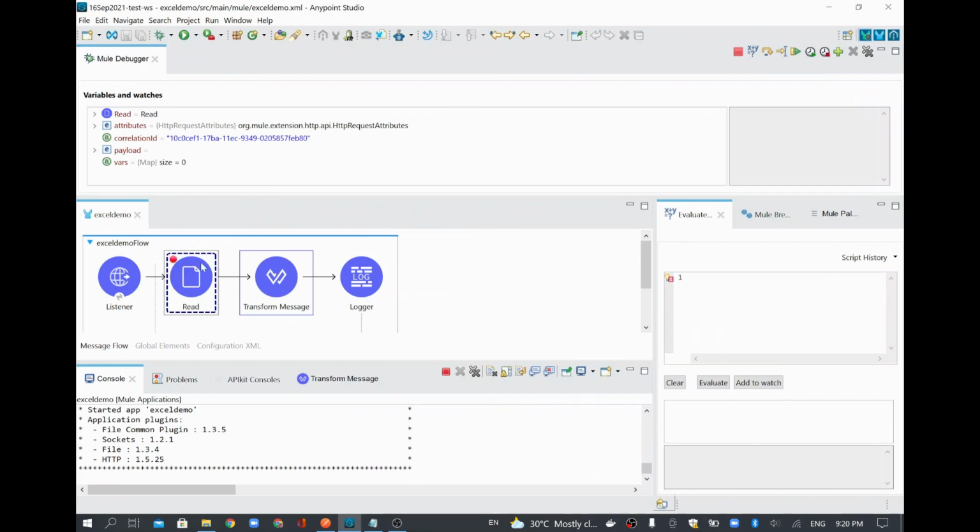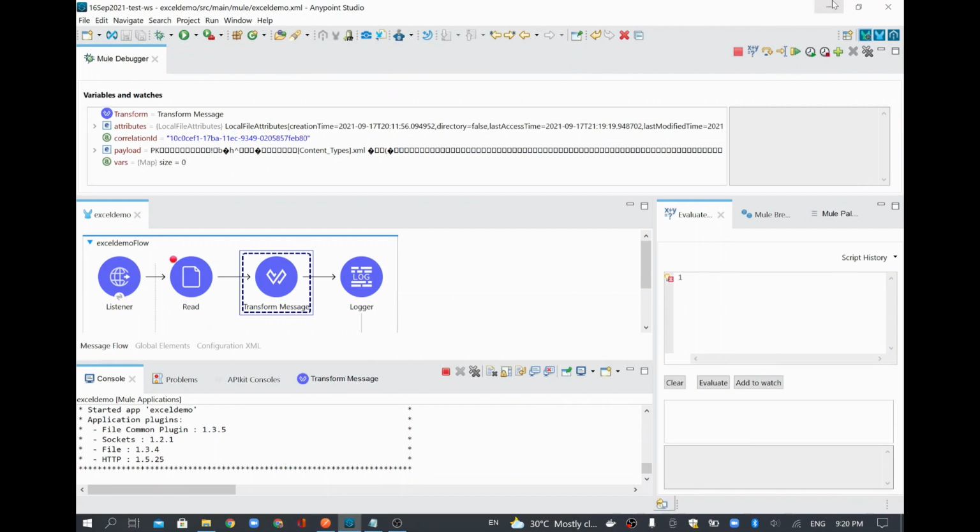See here, the request reached our breakpoint. I'm just trying to read it. It read the entire Excel, and then I'm converting that now to JSON. Earlier when you saw the payload, there were 3 records in the array list. Now we converted it already to a JSON string after this one. See here, now our payload is a JSON string.